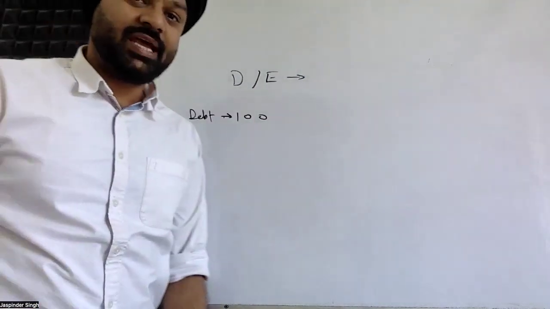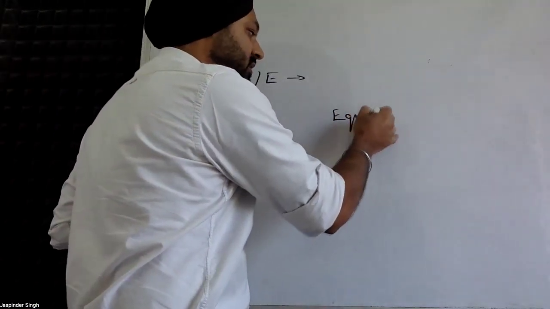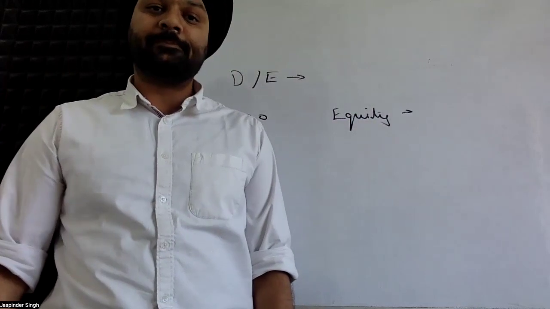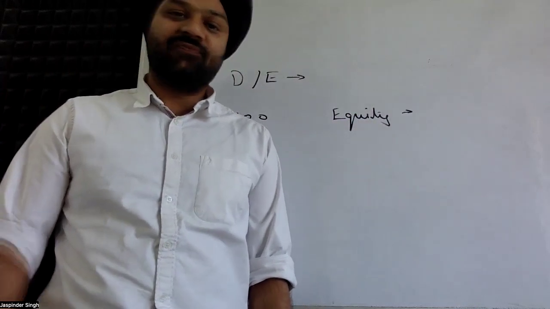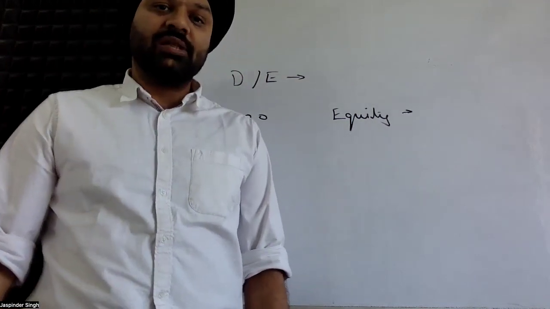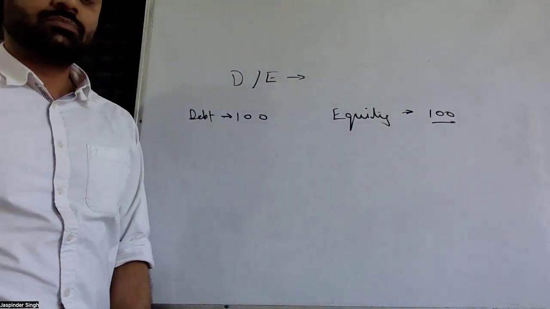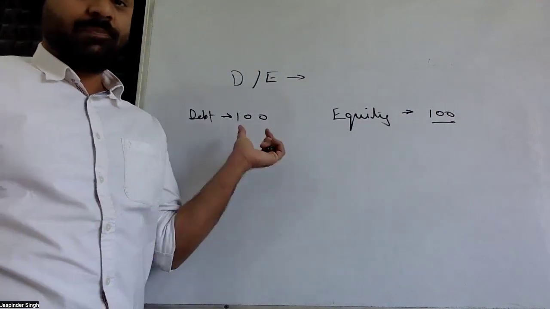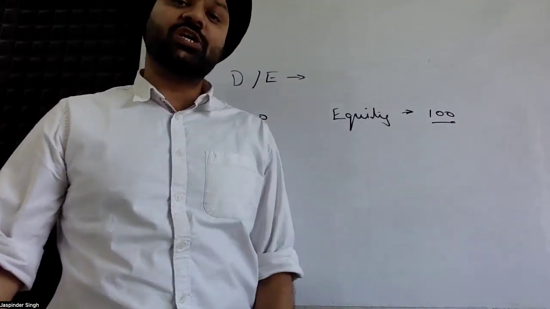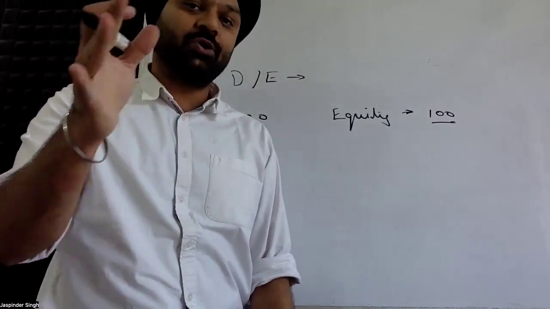There is another tool that the company can use for raising the money, that is equity. I give equity shares in my company to normal people. If every share is $1, let's say I have issued 100 shares of the company, then if everything is bought, they will be able to raise $100 with that. So we are looking at a company that has $100 because of the debt it has taken, and $100 because of the equity tool, or because of the shares that it has issued to the shareholders.